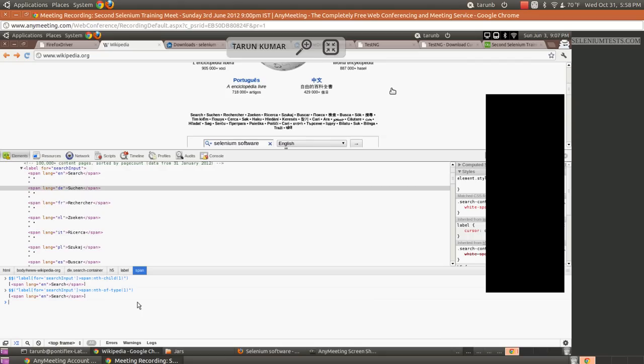Okay, great. I'll just repeat it once again. When you are using nth child first, it means it would expect the first child to be span. If the first child is not span, this locator will not work. But when you are using nth of type, in that case, it would look for an element which is available anywhere in the hierarchy.